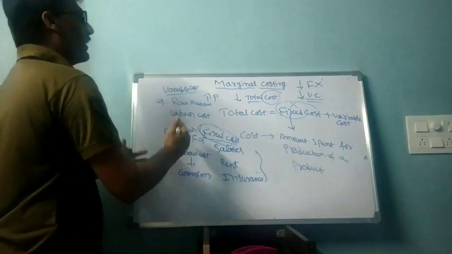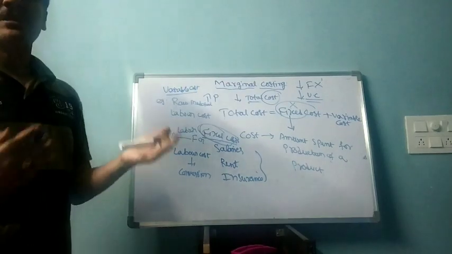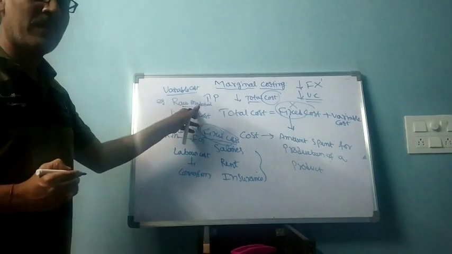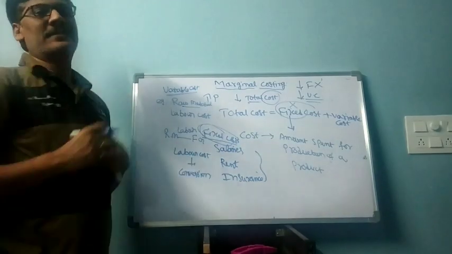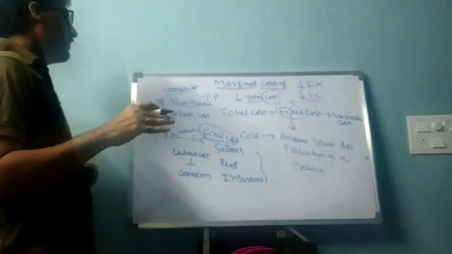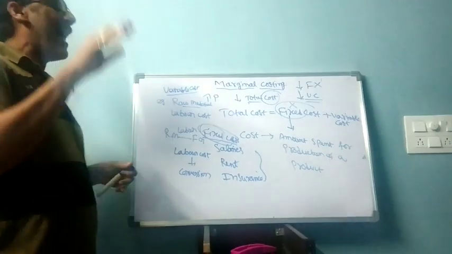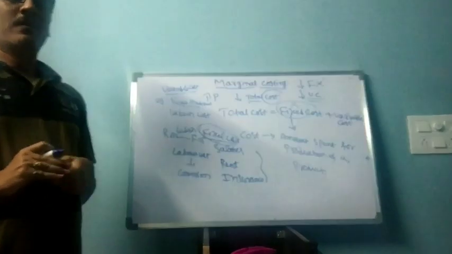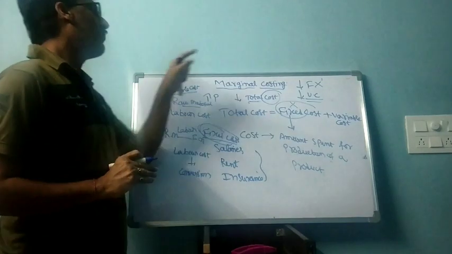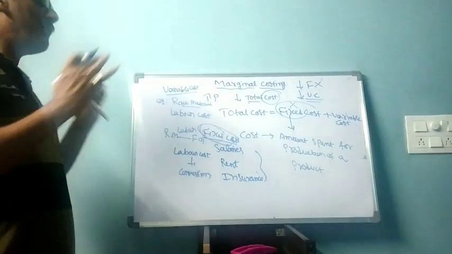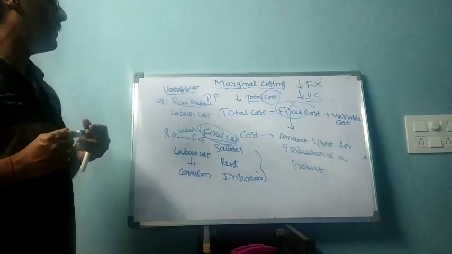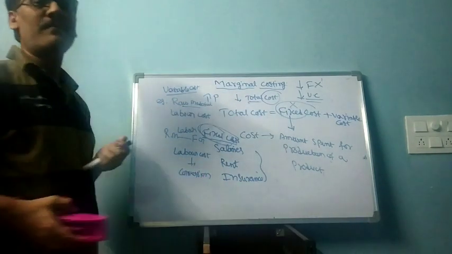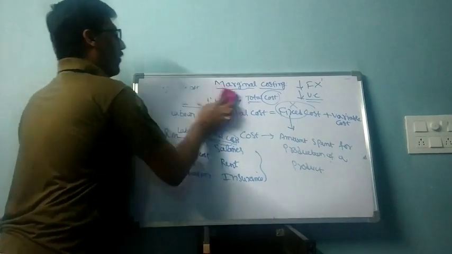That means if you want to increase the output or increase the production, you require more raw material. If you require more raw material, variable cost will increase. So you should keep the variable cost as low as possible. Then only the total cost will be reduced. If the total cost is reduced, profit will be more. So finally, in a nutshell, I will explain how these two items are going to affect the profit. Right? What are the two now?